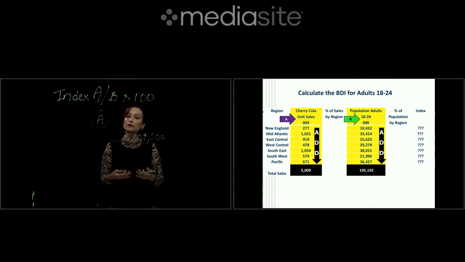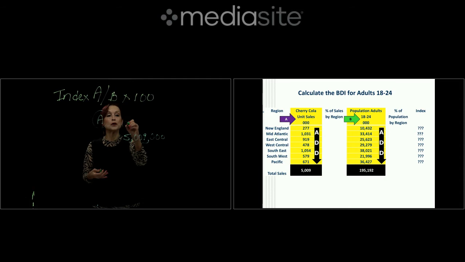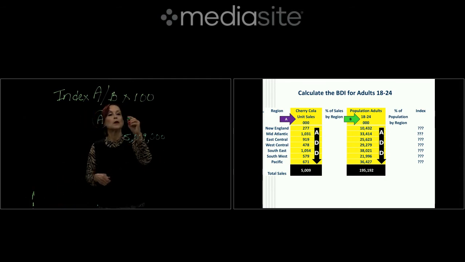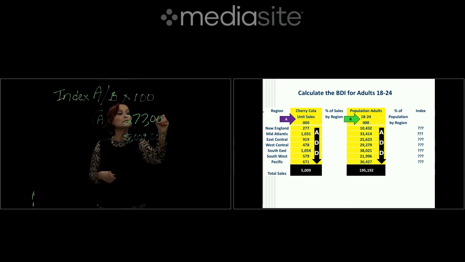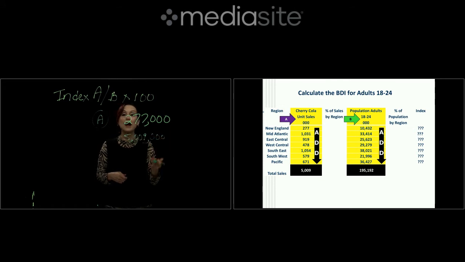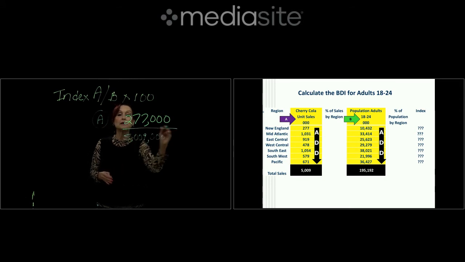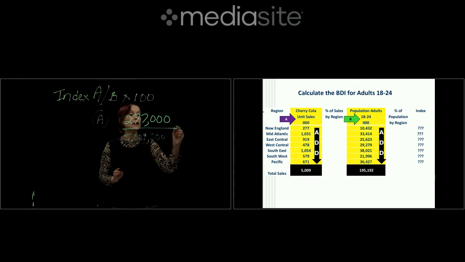The sales for New England is 277,000 unit sales, divided by your 5,009,000, which is total sales of cherry Coca-Cola for all the regions, equals